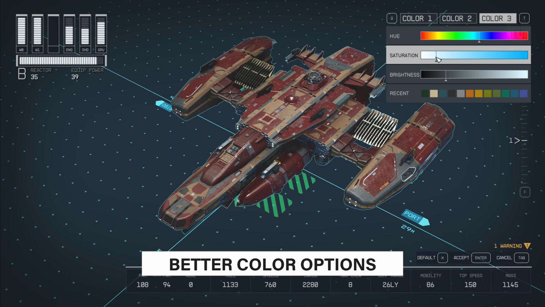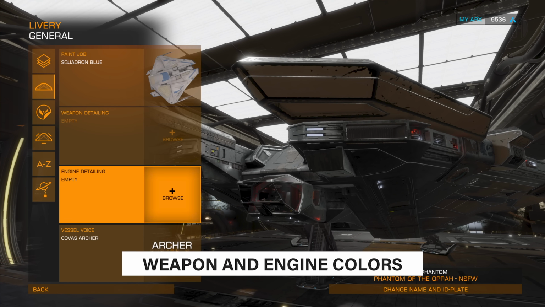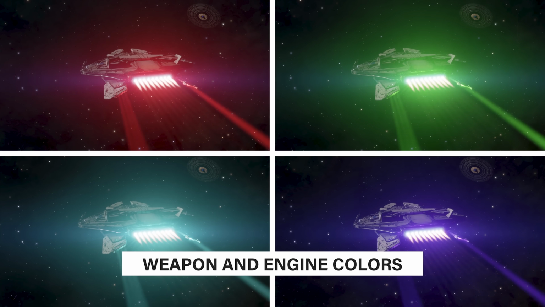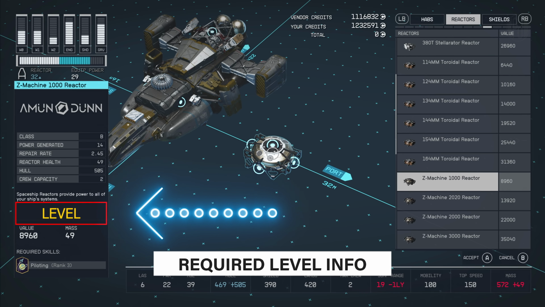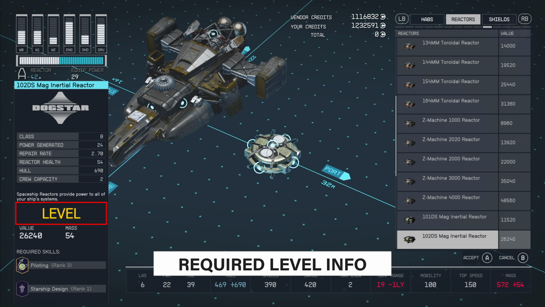I know this ain't Photoshop, but come on. Why not let us tweak weapon and engine colors, like in Elite Dangerous? Is it realistic? Nah, but it's a cool way to add more style to your ship. At the moment, we can't see the level requirements for parts we haven't unlocked yet. I get questions about this all the time, so why this basic piece of information wasn't a feature from the